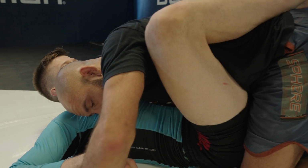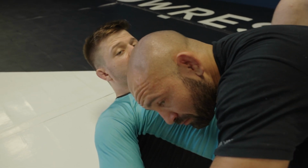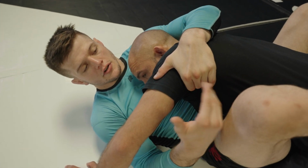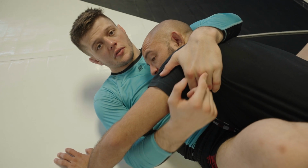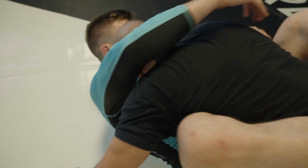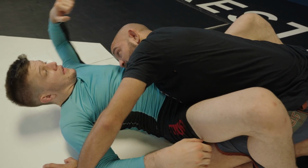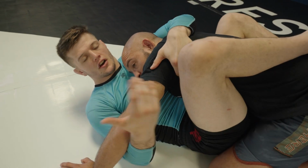Okay, so from here, instead of going necessarily to an overhook, we're gonna look to get a grip on their lat. It's similar control to an overhook, but obviously the overhook's on the arm. This is just gonna be a grip on the lat across their back. So here or here, whichever side you prefer. And now all we're gonna look to do is pull. So I'm pulling this way. I'm trying to pull his shoulder above his head, and then I'm gonna look to underhook